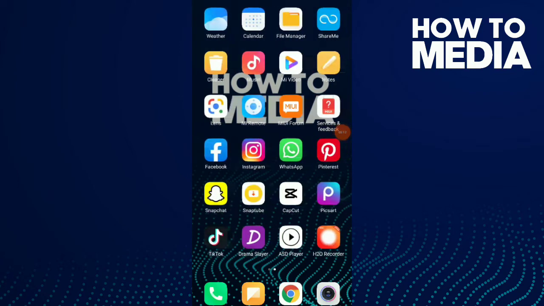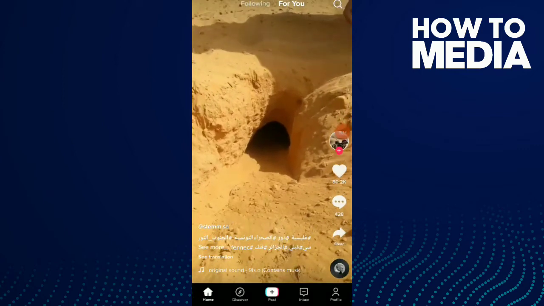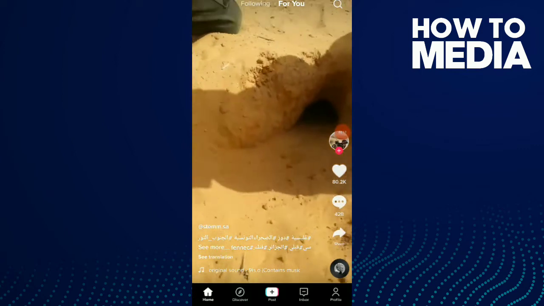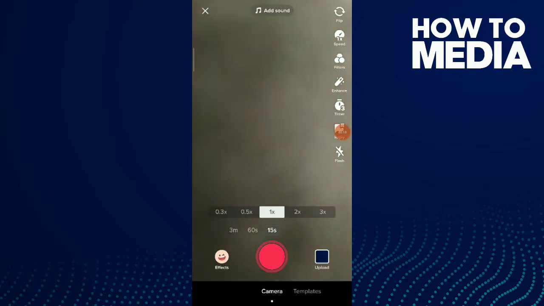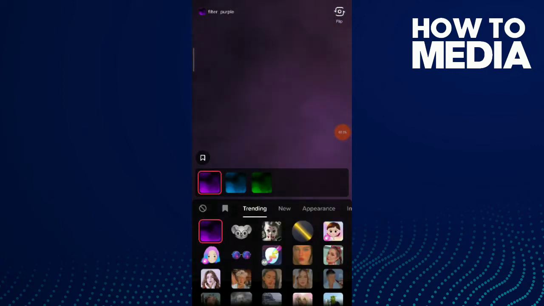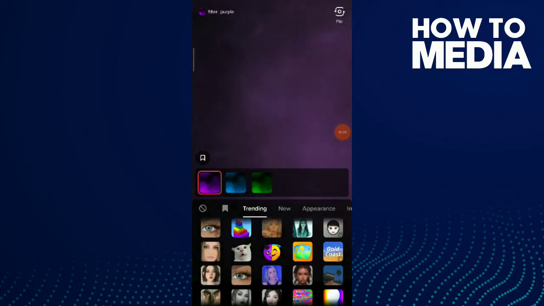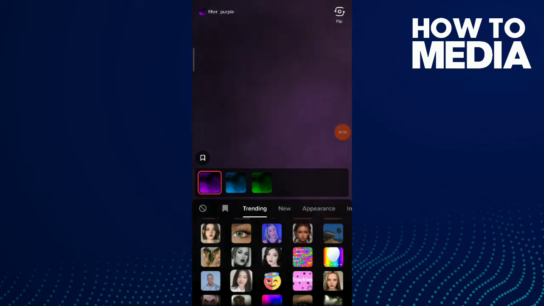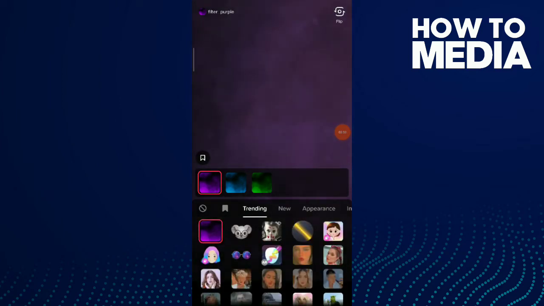So the first thing you're gonna do is go to your TikTok application, then go to the plus button, then you have that option that's called effect. Then you have a lot of filters. If you don't find the twins filter, just go back,